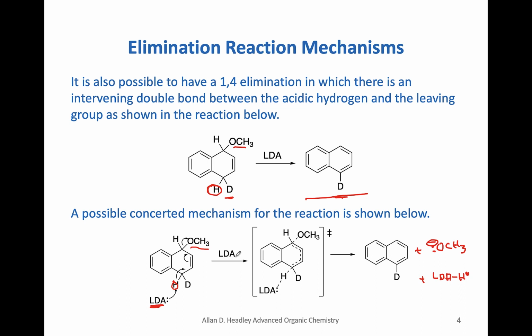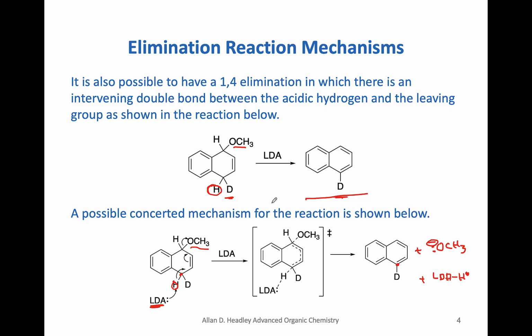The question now is, is this the RDS for this reaction? If it were the RDS, and we'll find out in a second, then we would see a kinetic isotope effect because a CH bond was broken. Notice also that we have here an sp3 carbon, and over here it's an sp2 carbon. So again, there should be a secondary isotope effect here. So again, don't forget to really combine and utilize the knowledge that we've gained throughout this course